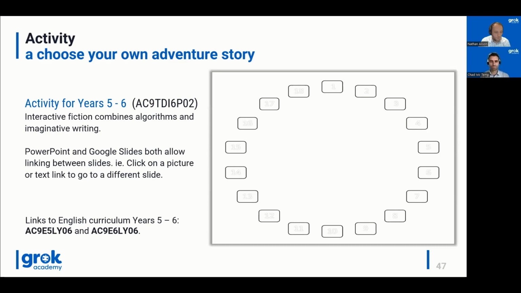One of the things I used to do, I actually did this with year 7, 8 students when I was teaching, but you could certainly do it with 5, 6s, is give them an A3 planning sheet that just has the slides numbered on it. The students would write inside what was going to happen on that slide in the story. And they had to draw arrows between the slides to indicate where they were going to go in the story. I've arranged them in a circle because it makes it easier to draw arrows from slide to slide. But yeah, there are some links to content descriptions in the English curriculum to do with